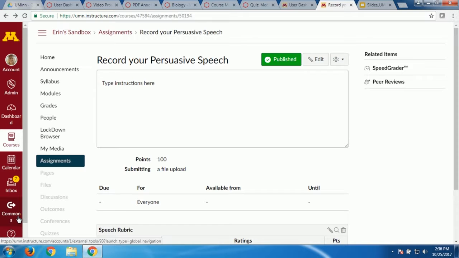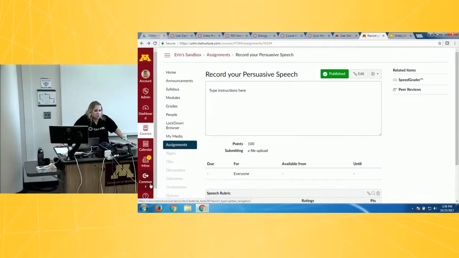Here's an interesting one. When you create a group Google Doc assignment, whose account does it go to? If it's a collaboration that's created, it's in your personal account. So whoever creates the collaboration gets that document. If it's done through Google Assignments, then it's in your own personal account and also copies to every single student account. But if you're doing a collaboration, it's just the owner who has that document in their account.